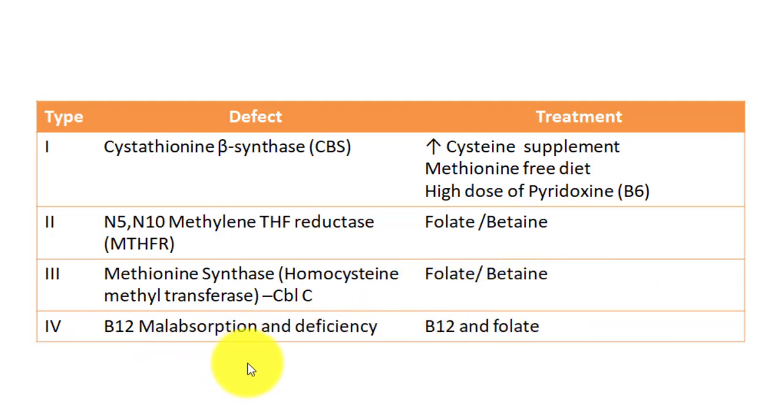Now when there is malabsorption of vitamin B12, just supplement vitamin B12 and folate. So here we see vitamin B12, folate and betaine are the treatment options. And this is the most important: you must remember everything about cysteine beta synthase deficiency. If you understand the whole pathway, you will understand all of this. You don't have to remember that much. So this is all about